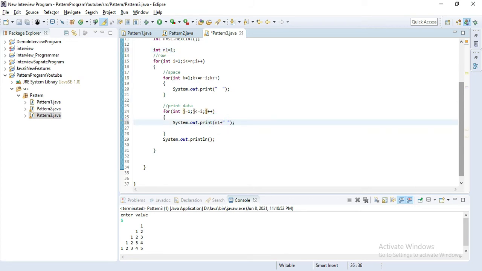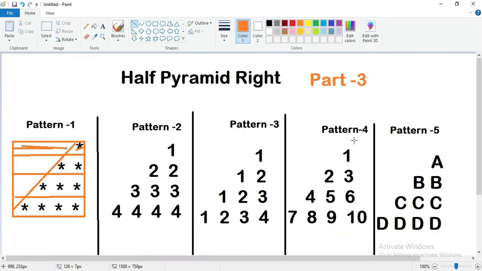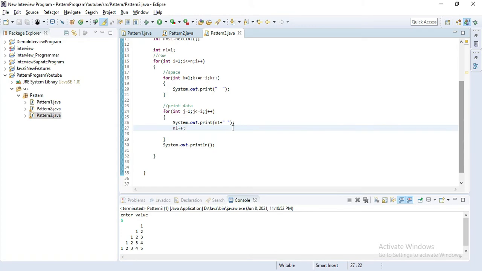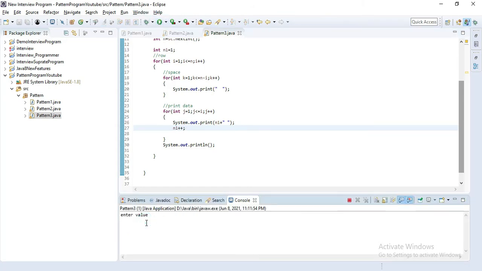This n1 should be incremented every time, so n1++, because every single value is incremented by 1. Let's save this, run this, and pass the value 5. You can see 1 2 3 4 5 6 7 8 9 10 11 12 13 14.